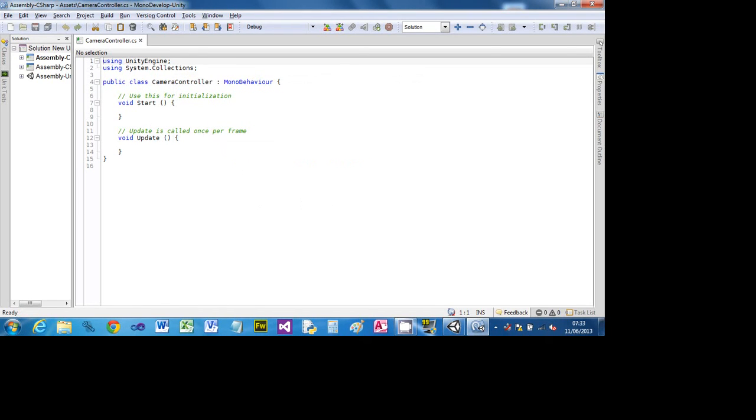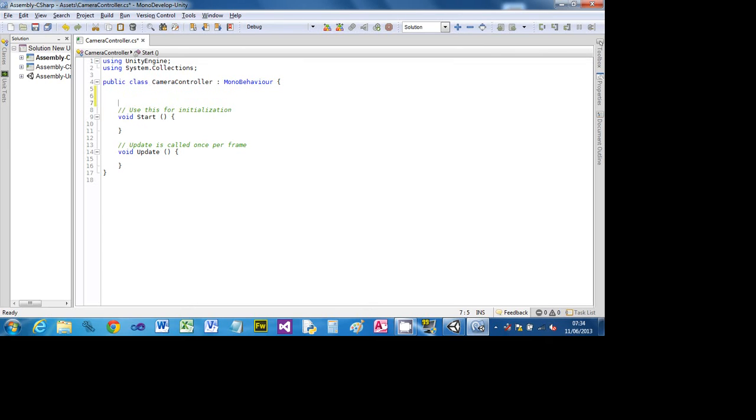Right, so we get 2 subroutines. Now in C#, void just means a procedure, a subroutine, with no return value. We get a Start one, which is used for setting things up. You can see the comment says that, and then we get an Update one. That's the one that we'll put our key checks in, so that we can move the camera around. But we also want this camera to shoot, so we're going to keep track of some